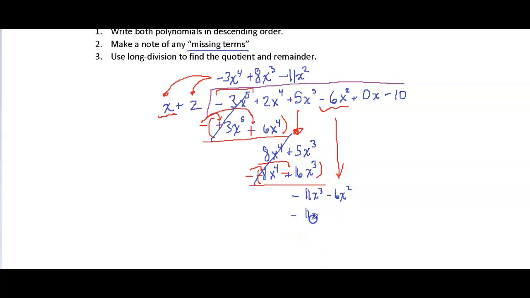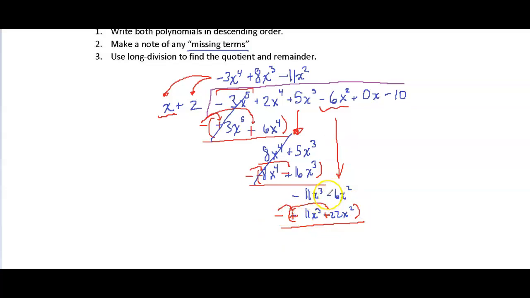Negative 11x to the third power. And now we have negative 11x to the third power times 2. Well, that would be negative 22x squared, right? I meant to say x to the second power there. Negative 11x to the second power times 2 is negative 22x squared. Once again, after you multiply, make sure you subtract. Distribute that minus sign,